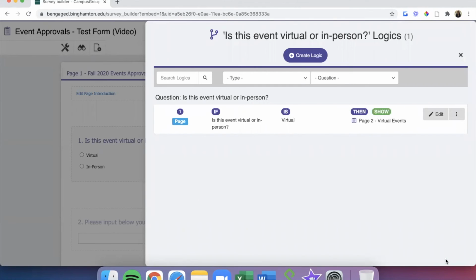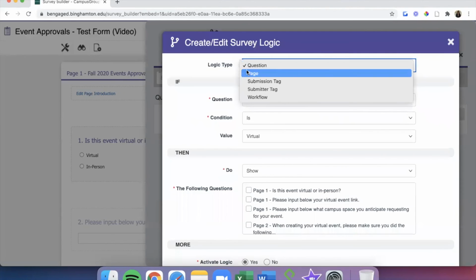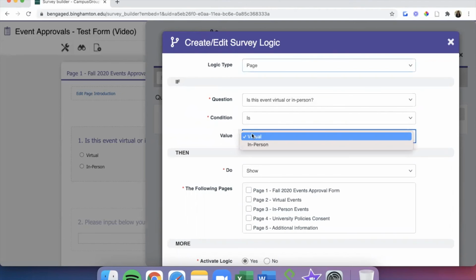Now we're going to go through and repeat those same steps for the in-person answer to that same question. We want the page in-person events to show up when people choose the option in person. So we'll click the Create Logic button again. We'll make sure Page Logics is selected for logic type. This time under the If section, we want to make sure that the value is in person.